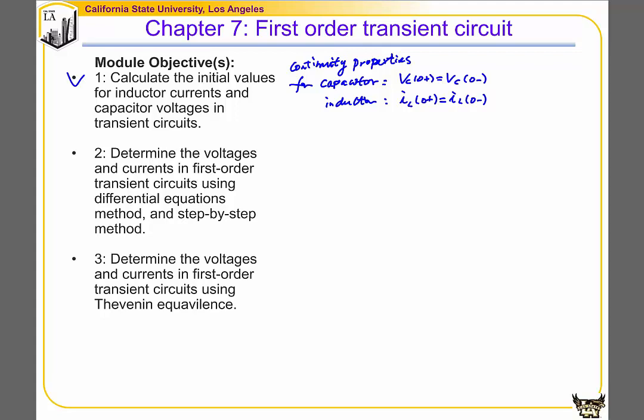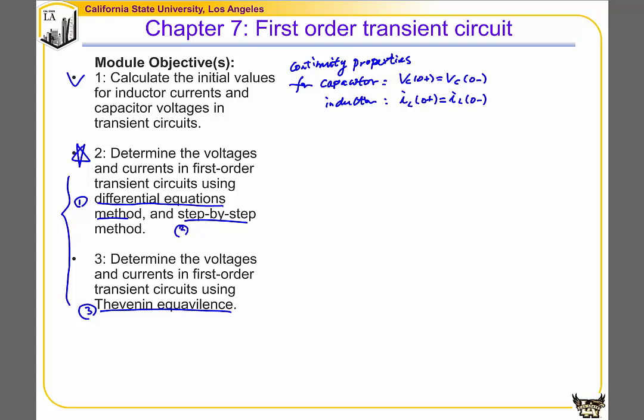The second module objective is to determine the voltage and current in first order transient circuit using differential equation and step-by-step methods. This will be of a higher requirement. In class we learned 3 different methods in total: the first is the differential equation method, the second is the step-by-step method, and the third is the Thevenin equivalent method. These 3 methods are internally related, and the step-by-step method is more straightforward, built upon the result